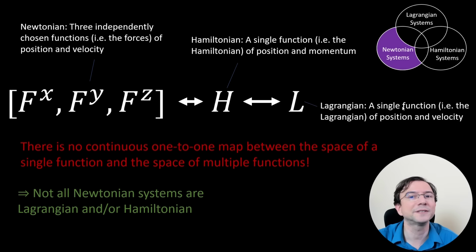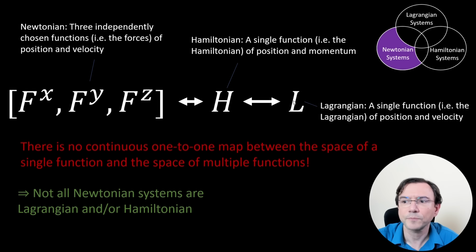We're starting with the simplest idea. Let's look at whether there are Newtonian systems that are only Newtonian and not Lagrangian and Hamiltonian. So how do you define the evolution in these three cases? Well, for example, for a single particle in three-dimensional space, the Newtonian system is characterized by three independently chosen functions, the forces of position and velocity, fx, fy, and fz. For the Hamiltonian instead, you have a single function, the Hamiltonian, which is a function of position and momentum, and the Lagrangian system is defined by a Lagrangian, which is also a single function of position and